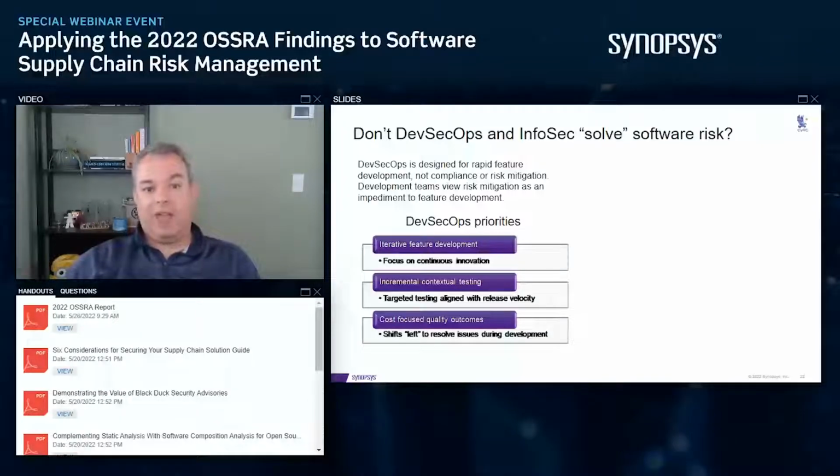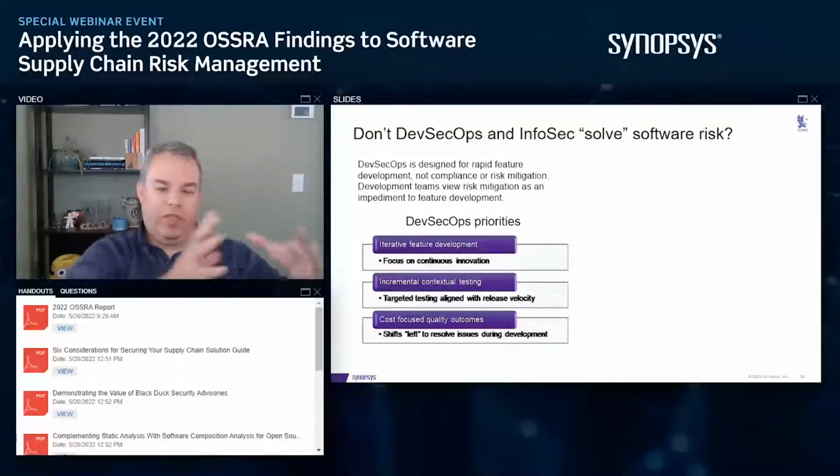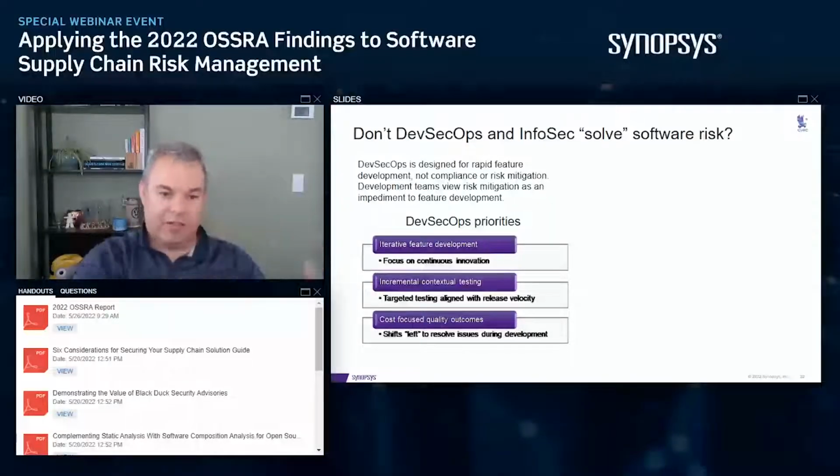So as an example, if you've shifted left all of the responsibilities, are you then expecting that the security knowledge within those teams off on the left-hand side, all those development teams, is sufficient to capture the concept of,